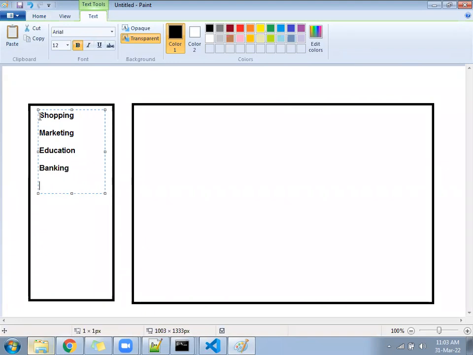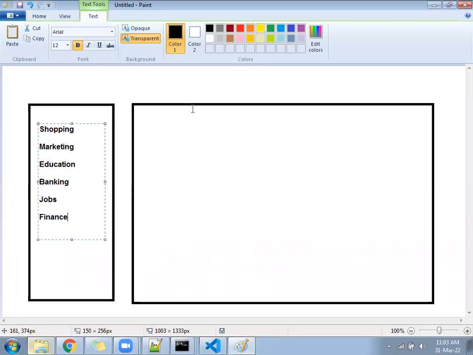Something called jobs, finance. This list will appear on the left side.